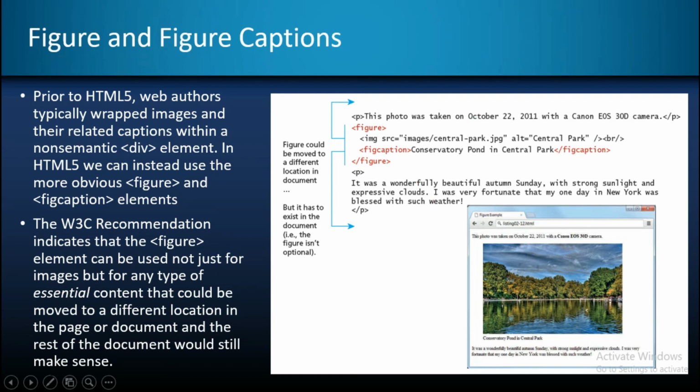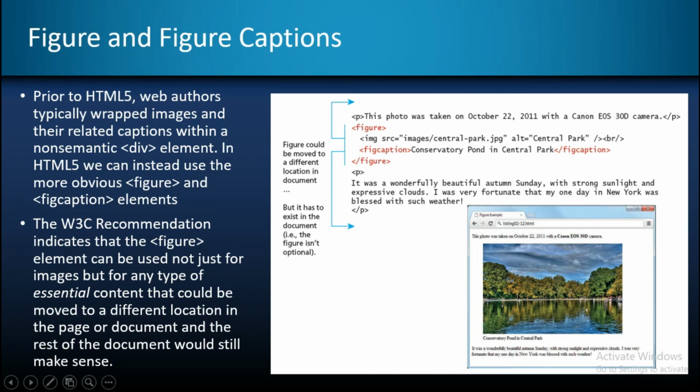the figure tag ends. So wherever you move this figure tag, the image as well as the figure caption will move along with it. So it actually doesn't matter where your figure is, but it should be in your document. If you delete this figure tag also, it should not affect the flow of your content. But it is not the same case with the image file. If you delete that, it is going to alter the flow of your HTML file.